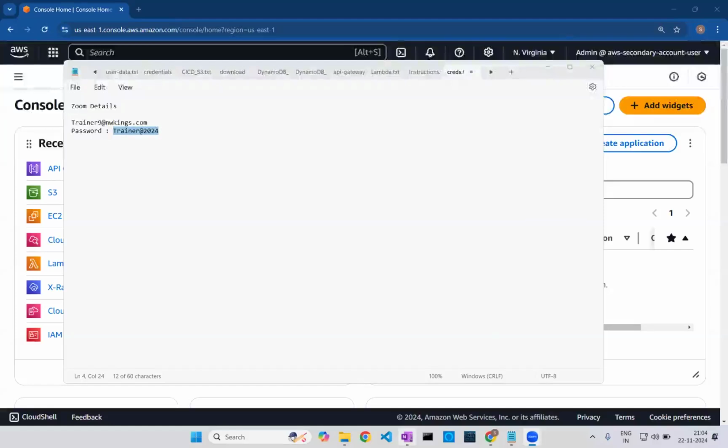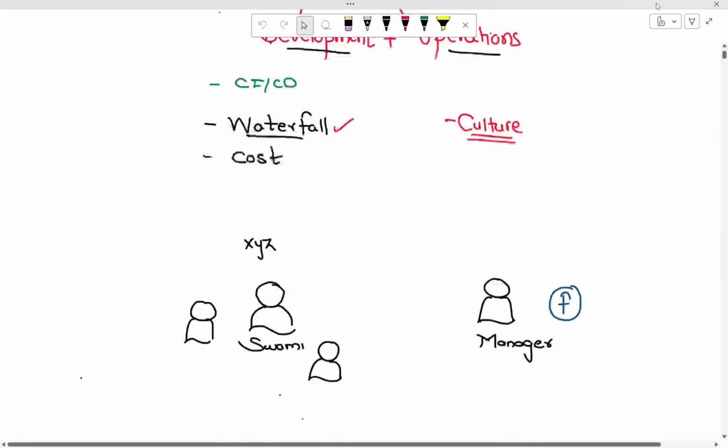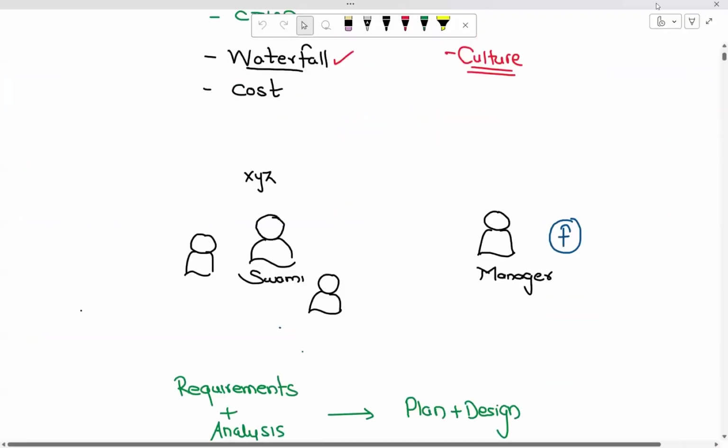Now, yesterday we had started looking into a very important concept as far as DevOps is concerned. Because since a couple of sessions, we have started deep diving into the real core concepts within DevOps.